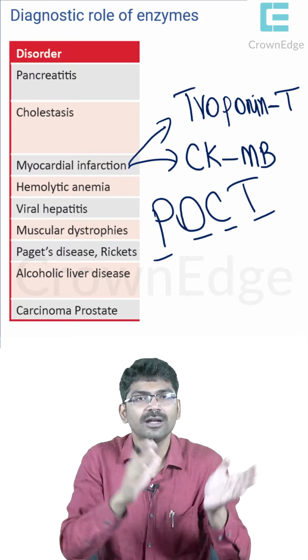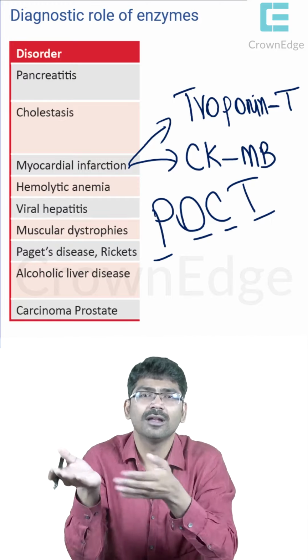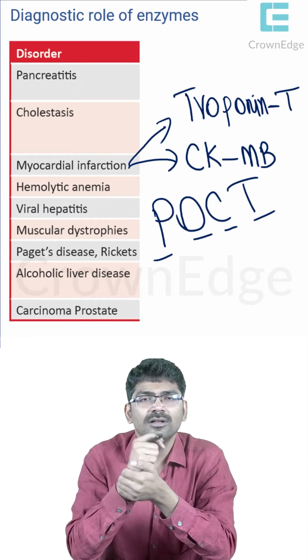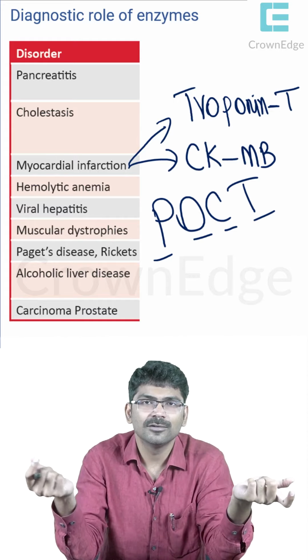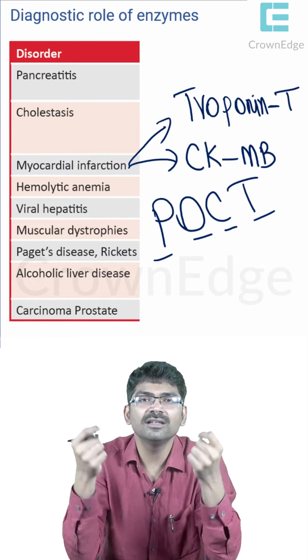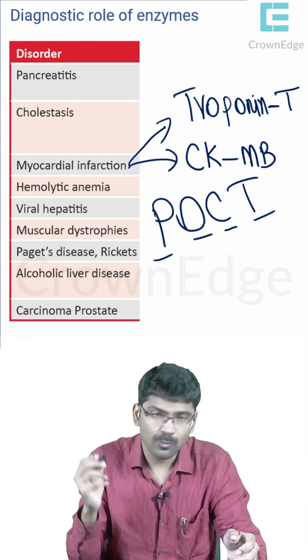That is, this is laboratory outside of the laboratory. That's what is written in our textbook. POCT is laboratory outside the laboratory, right? For example, a simple example is the urine pregnancy test. You get it in a medical shop, it's available over the counter. The person can check by herself, right? So that is one example.